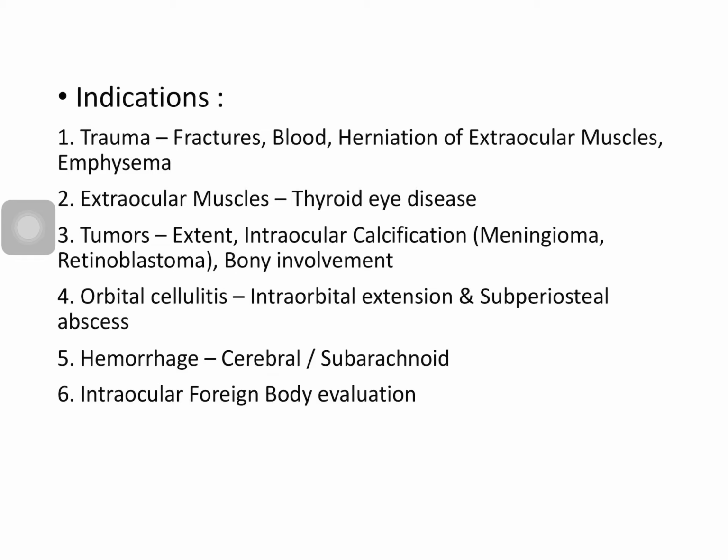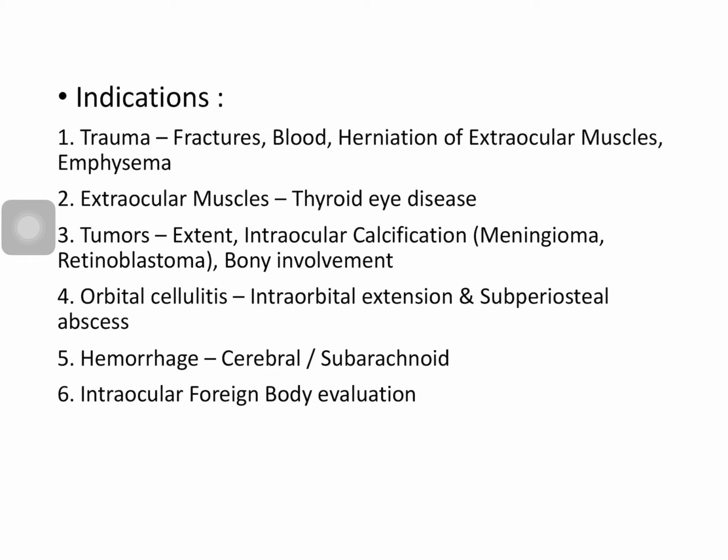Tumors, intraocular and extraocular tumors, the extent of the tumor, whether intraocular calcification occurs, which is very common in meningioma and retinoblastoma. So tumors are already white in appearance. In that, if you have micro pockets of even whiter densities, which is highly suggestive of calcification, and when you see calcification, a tumor etiology should start coming to your mind. And if the tumor has spread in the surrounding areas, which is involving the bones of the orbit,